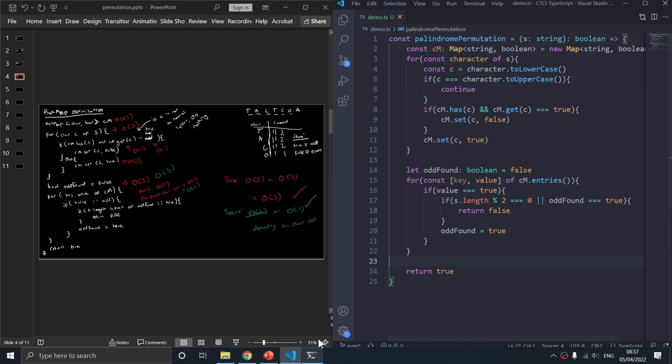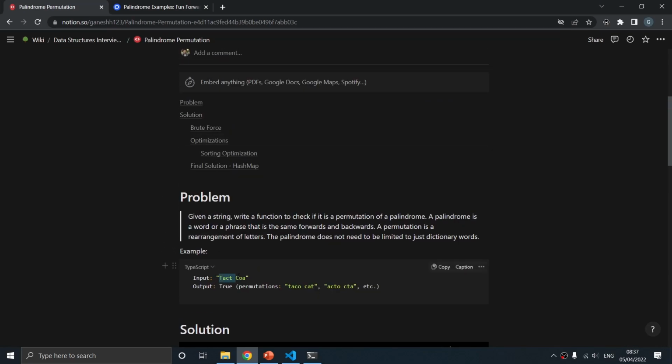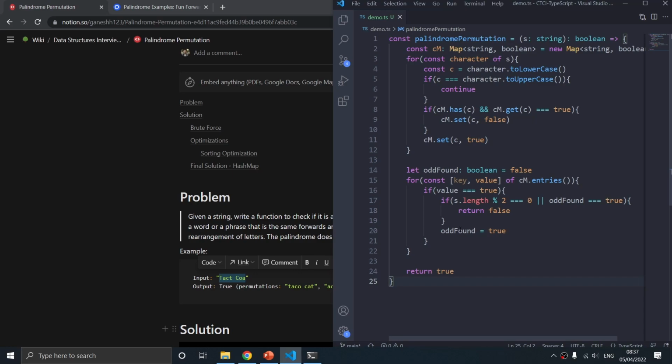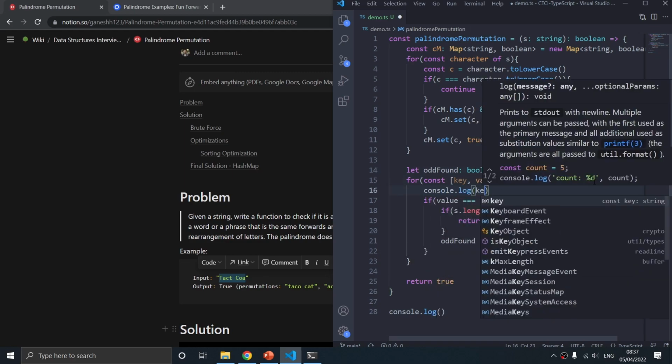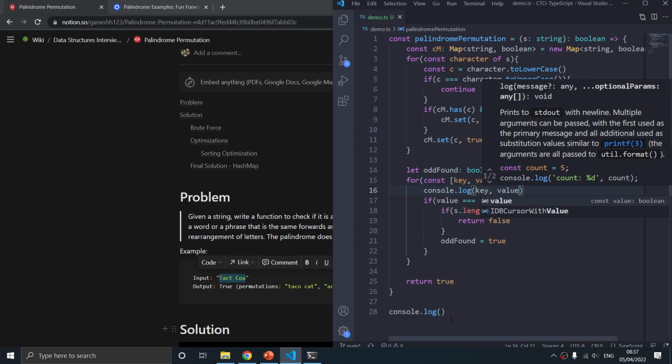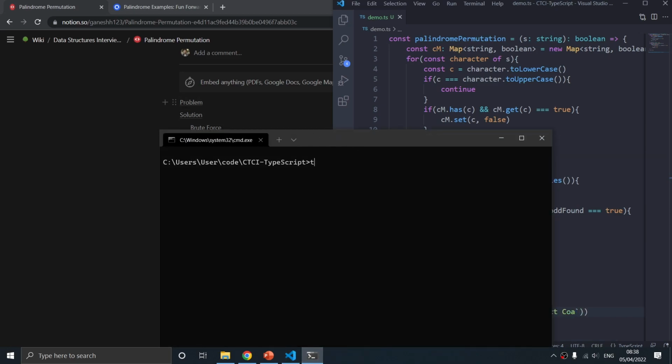Okay, so let's test this out. I'm going to test this out with the input string to start off with. So you just want to do console.log. One thing we can do to make this a bit simpler as well is we can just do console.log key value. We can just print the frequency of each character as well. This is not necessary though. So we can say palindrome permutation, and we want to give our input string of Tact Coa. So let's try this now. Hopefully it works. So if we run demo,